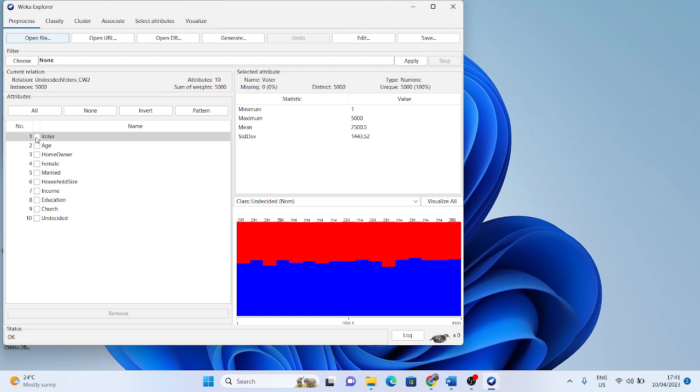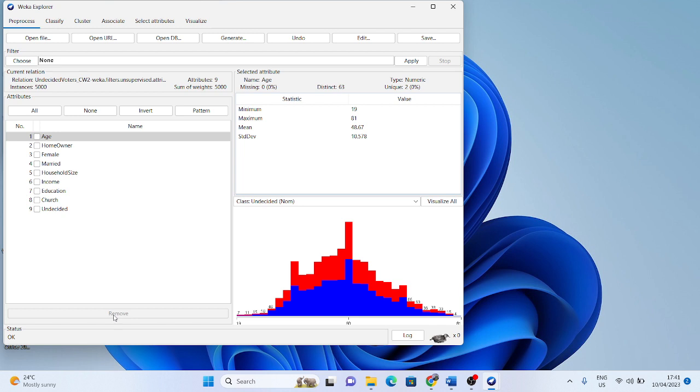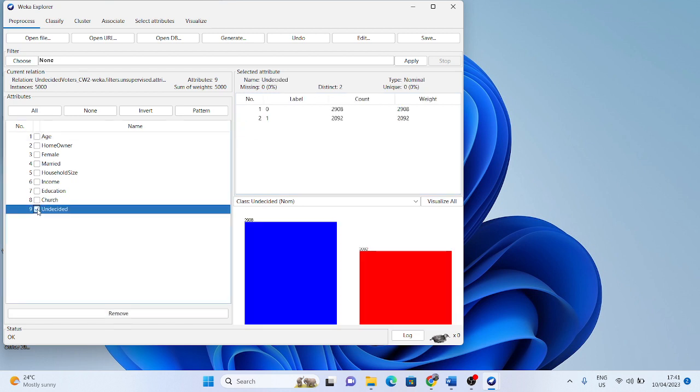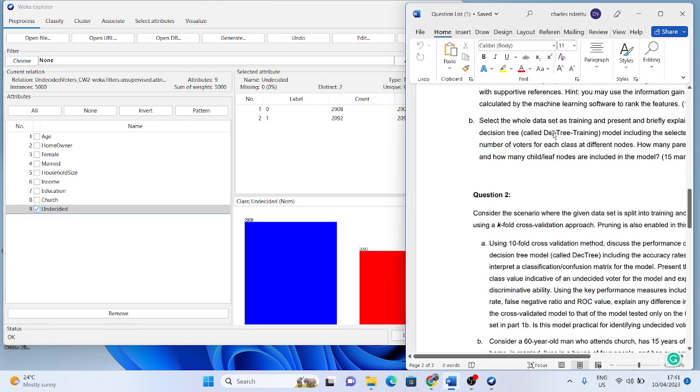So you'll find this variable called voter is just an index: 1, 2, 3, 4, 5, 6, 7, 8, right? And this one is not needed in the analysis. So we check it and then we remove it from the analysis. So we are only left with 9 variables, whereby the undecided variable, this one, is our dependent variable. So when we go back to our questions, the questions that we have here,